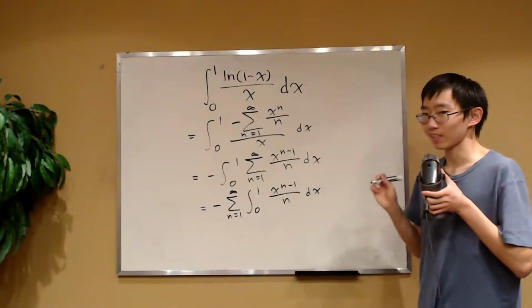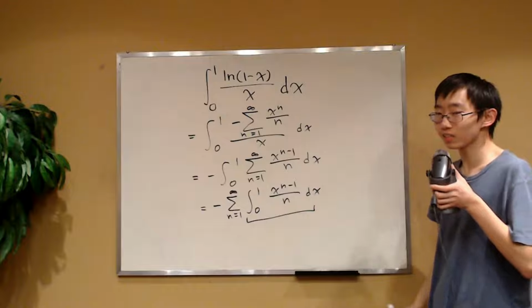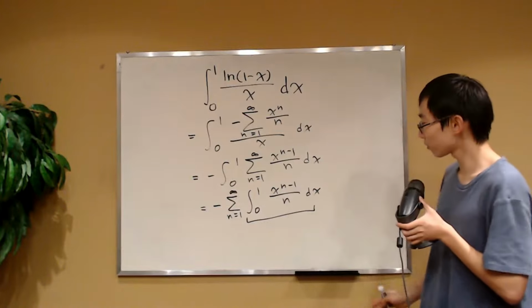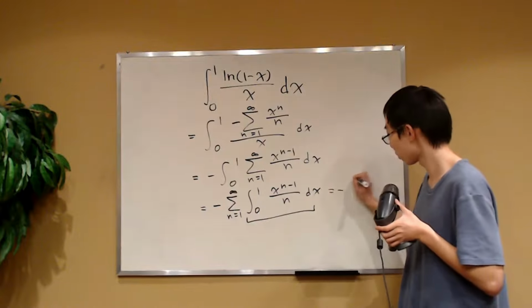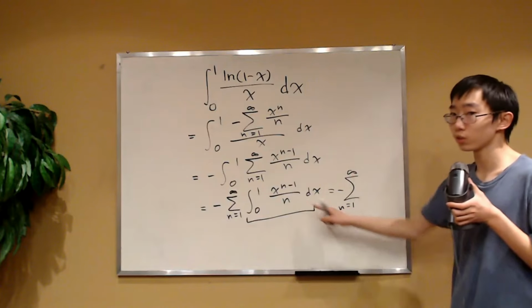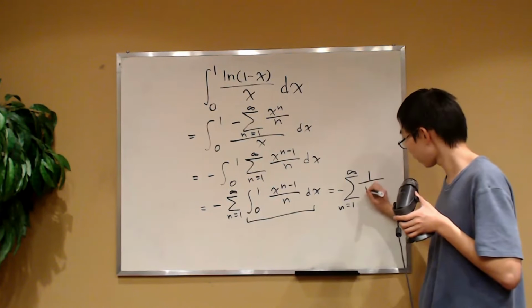Now, check this out. This integral is anything but hard to integrate because we just use reverse power rule, right? Using reverse power rule, this integral, well, let's first write the summation, right? We still have a summation on the outside, but this integral using reverse power rule just becomes 1 over n